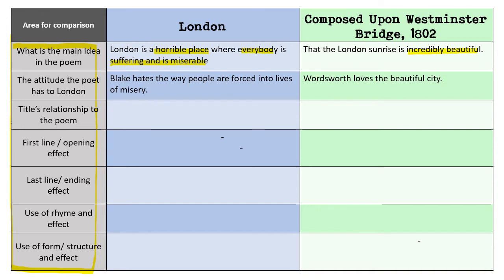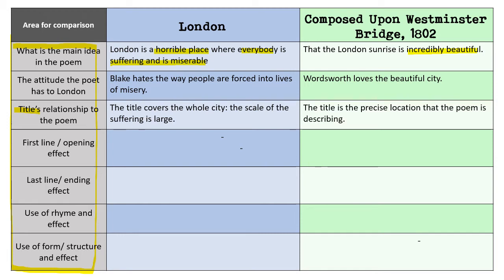On to the titles. How do the titles relate to the rest of the poem? Well, the title London, as the poem is about the whole city, is called after the city it's about, suggesting that the perspective we're getting is large, covering the whole district of London. Whereas Westminster Bridge is a very precise location, not just geographically, the actual bridge, this one bridge in London, but also historically, it's a particular year and a particular date. It's September the 3rd, 1802, I think, is the full title.